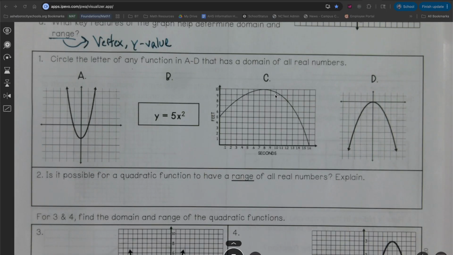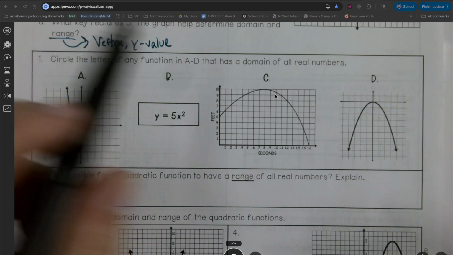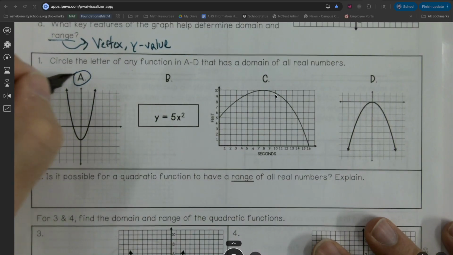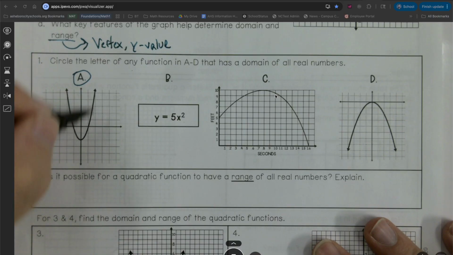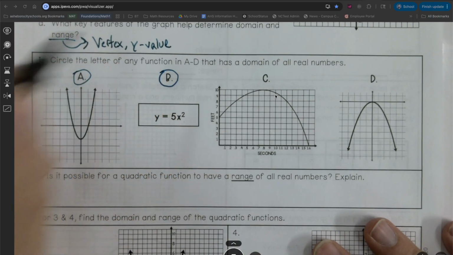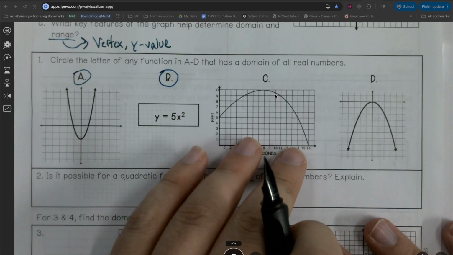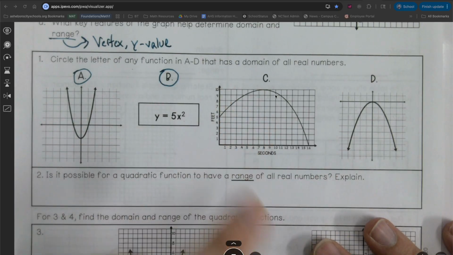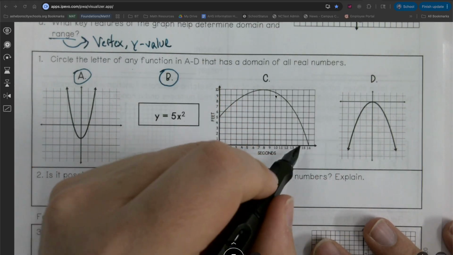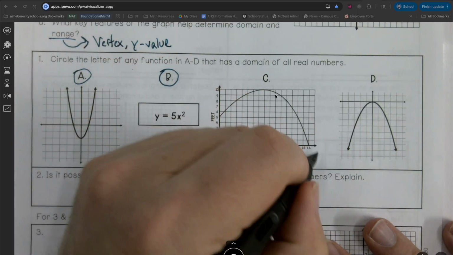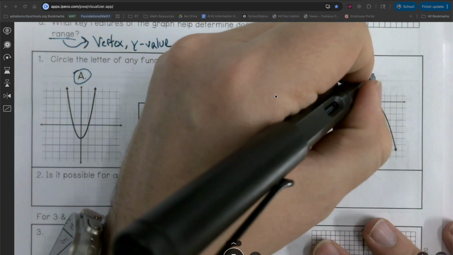For this next part, we're going to circle any of the ones that have a domain of all real numbers, meaning negative infinity to positive infinity, like I was talking about earlier. Well, A here would have all real numbers because it would keep going left and right. This one as well. It's a quadratic, so it has a domain of all real numbers. Now look at this one, though. This one looks like it's based on seconds and feet, so height. So this is a real-world scenario, so it's limited. We don't see the quadratic keep going, so this would not be all real numbers,